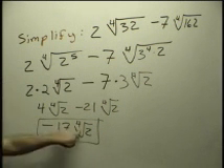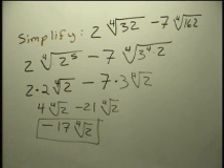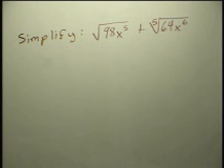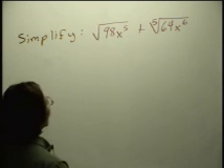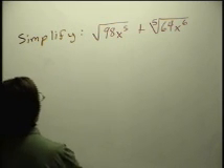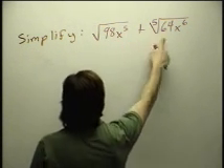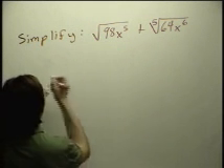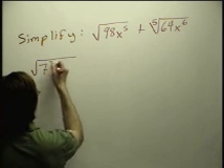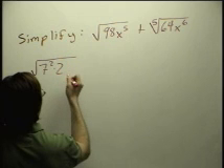It's important that you don't lose your index along the way and accidentally turn it into a square root. That would, of course, change the meaning of the problem. Here's a final example, and this one involves variables. Square root of 98x to the 5th plus the 5th root of 64x to the 6th. Well, again, we simplify each one first. So 98 is 7 squared times 2,